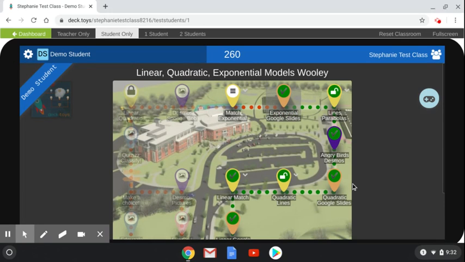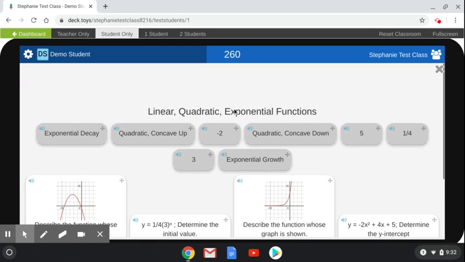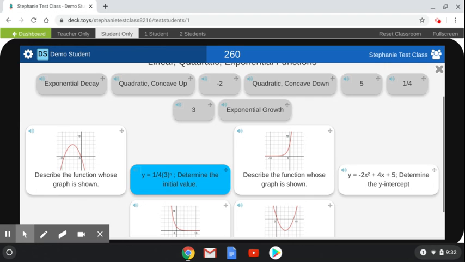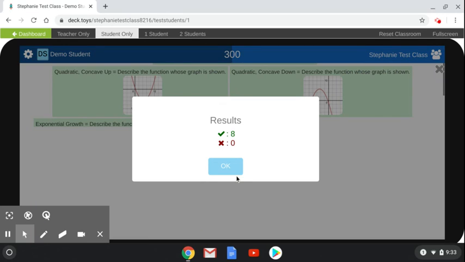Now you're going to go through an exponential match. And this really combines the three different key functions you've been looking at and the important vocabulary and characteristics on this. So you're going to match these prompts and then move on to the next activity. Again, I'm going to stop the video and quickly go through this so we can move on in the video. All right, and then once you complete this activity,